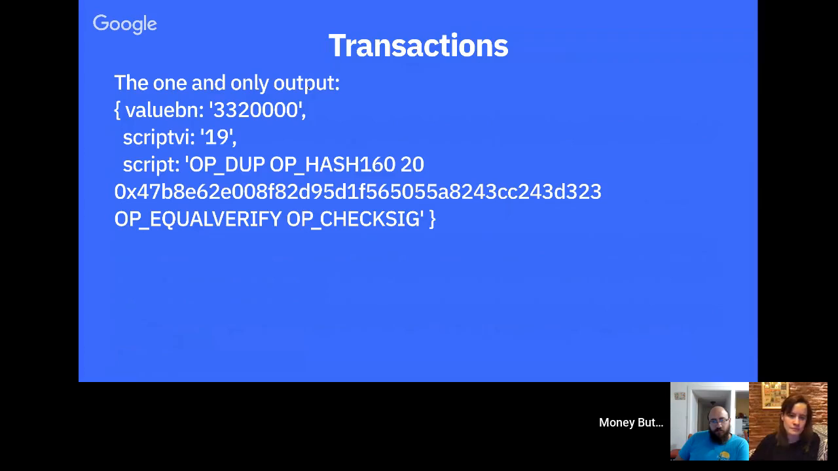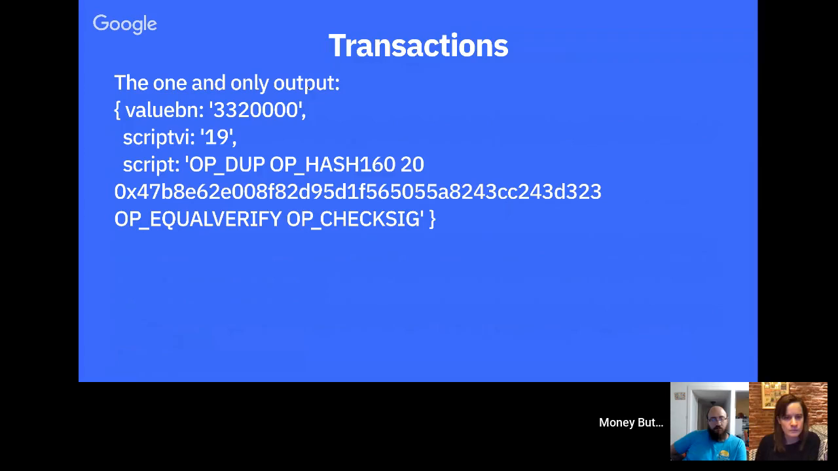So then here's the output. Outputs are simpler. The script is a little bit easier to read because it has actual opcodes in there. And this is a standard script. It's a pub key hash output that it's spending. Let's see, how many is that there? That is 3.3 million Satoshis. So that's like